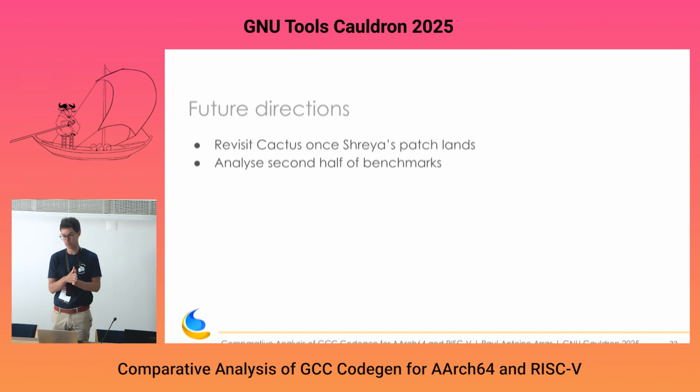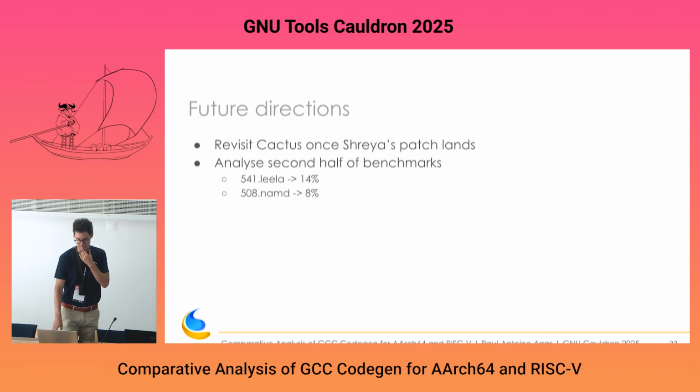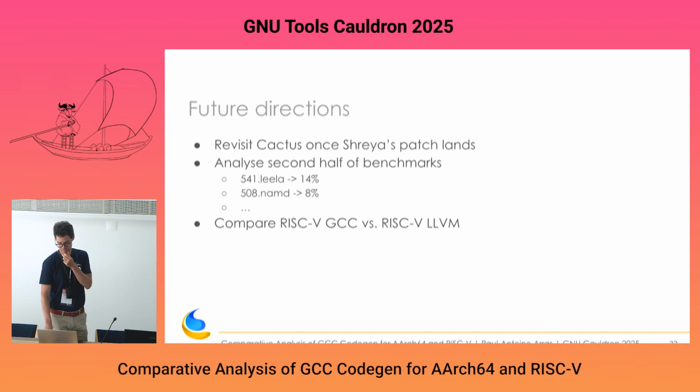Also, there are still a bunch of benchmarks that I haven't analyzed because, in priority, I started with the ones that exhibited the largest differences in instruction count, but other benchmarks might be of interest. So you've got 541, Leela, NAMD, that are around 10% different between the two, so there are probably still things to look at. And also something that I almost haven't done. Maybe I checked one or two things just out of curiosity, but doing the same kind of study,